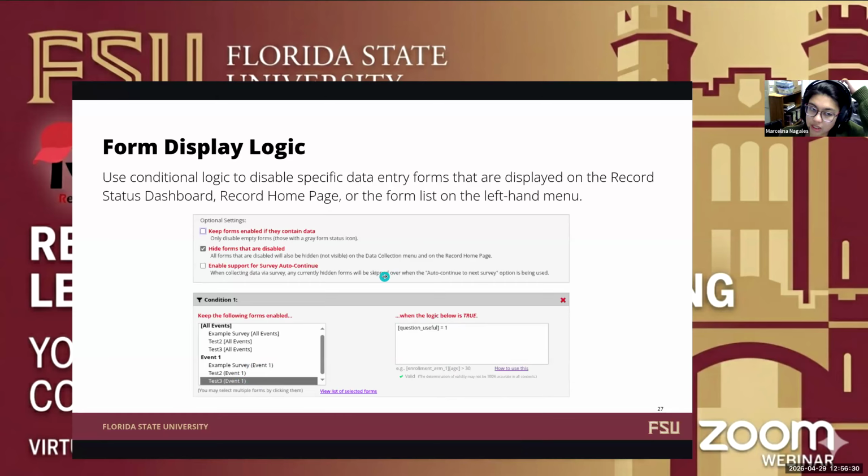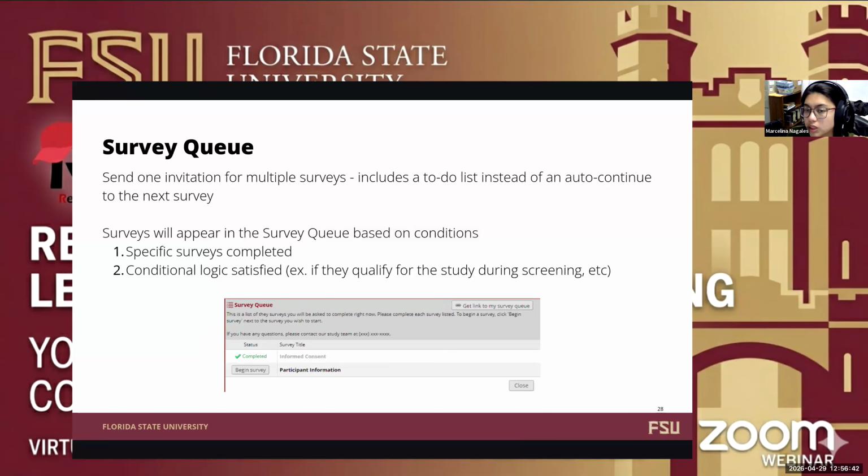The last bit is utilizing survey auto continue, making sure that our hidden forms are not auto continuing to a hidden form. And that's that. The other way of doing the survey queue, or the other way of organizing